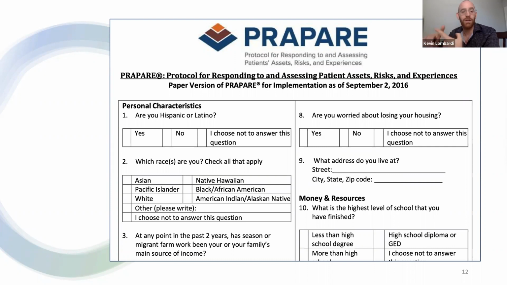So that's 3. 1, how do you define your race and ethnicity? Race or ethnicity. 2, how would you define your cultural identity? And 3, is there any way that these are relevant to your treatment, or is there any way I can integrate this into your treatment? If you ask those questions,